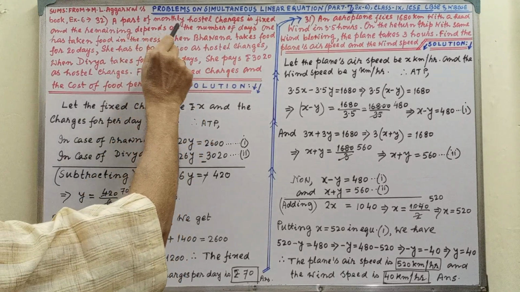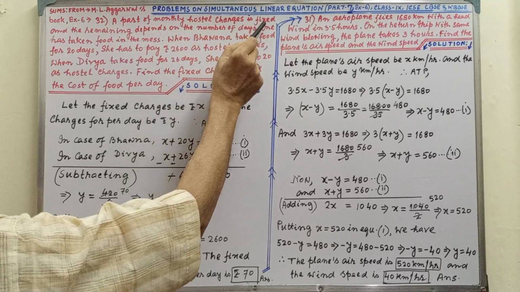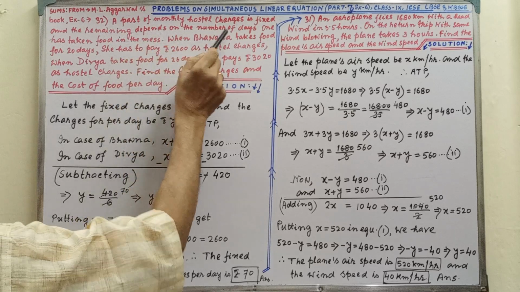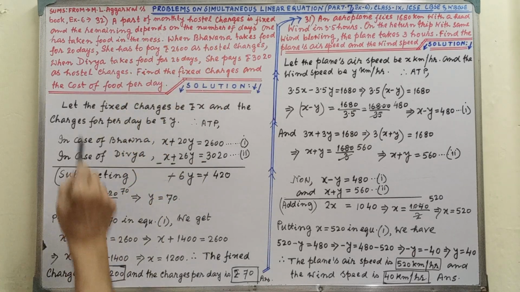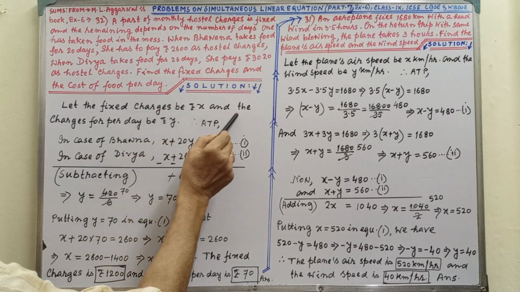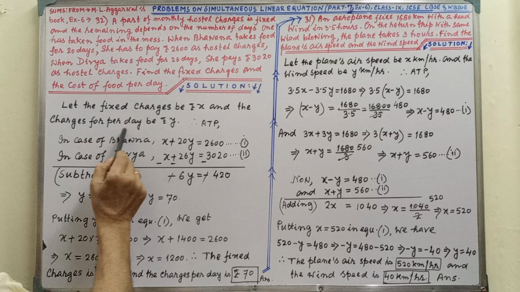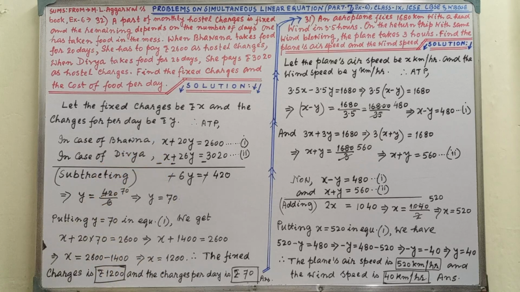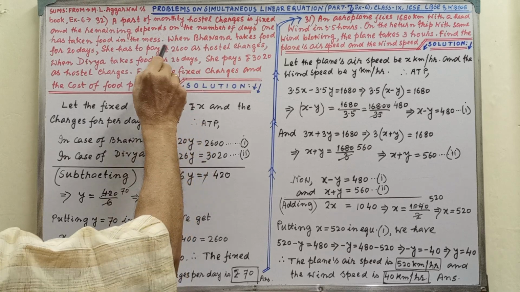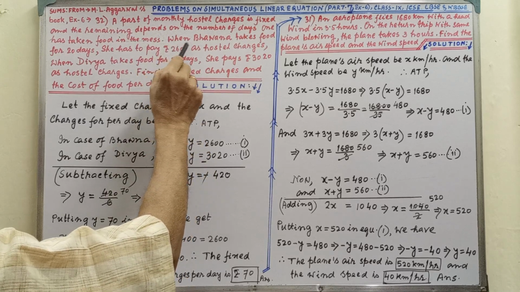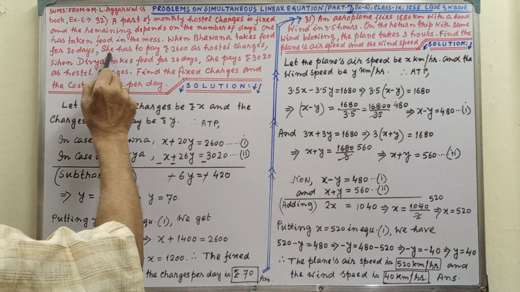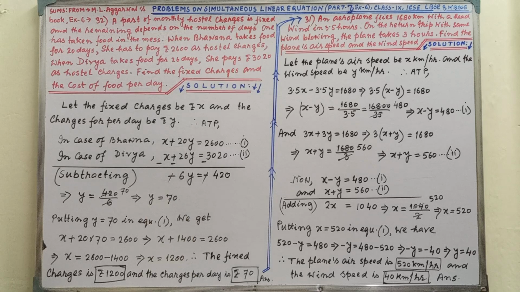A part of the monthly hostel charges is fixed, and the remaining depends on the number of days. Let the fixed charges be rupees x and the charge per day be rupees y. Now, according to the problem, when Bhavna takes the food for 20 days, she has to pay rupees